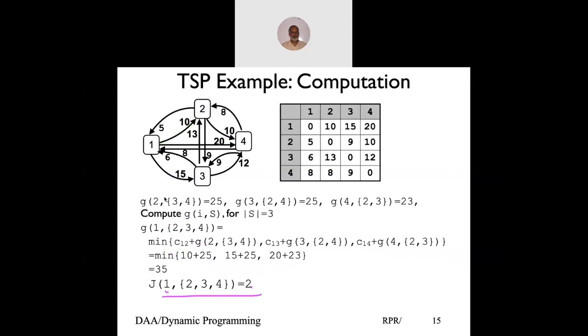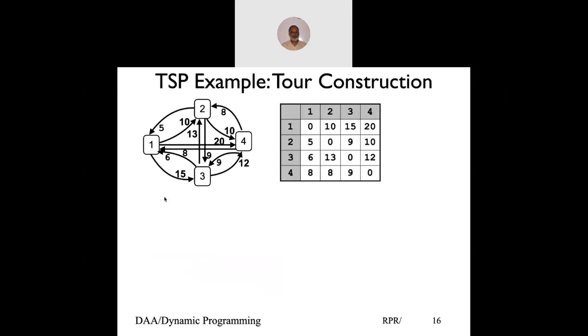And then the same way, when I go to vertex 2, I need to find G2, 3, 4 and keep proceeding this way, and then you can trace our path. So let's look at how we trace our path. We find our optimal distance, which is about 35, but we want to trace the path. So how do I trace the path? That is what we look at. We know that this is 2. That means from 1, we need to go to 2.